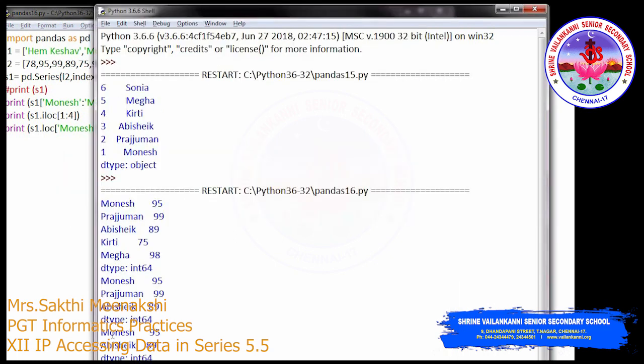And then the next print statement, I am using LOC. Okay, so this is same as this statement. So from Monish to Kirti, we are skipping by 2. Okay, from Monish to Kirti, which includes Kirti. So if you are skipping by 2, Monish record and then Abhishek. Okay, so that is what we have resulted here. Okay, so if the indexes are string, you can use the string index in the slicing, or you can use the numeric index also. Okay, so using ILOC, or you can directly mention S1 of 1:4. Okay, so only thing you have to remember is it includes the last index also, right?